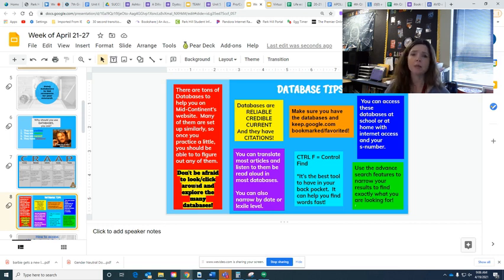So, take some time to really get used to these databases because you're going to keep using them throughout your middle school and your high school career. And if you go on to college, then they are definitely going to be one of your favorite things to use. Remember, you can translate and listen to most of the articles. You can also bookmark your favorite